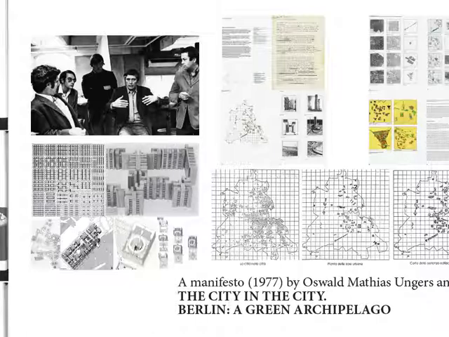But probably the most important thing they were focused on was something that comes through a lot in that period, which is that the city is too big for a single idea. This is a really important thing. If you think about people like Ebenezer Howard or Le Corbusier, they are trying to suggest that the city is a uniform thing, that design can handle it and harness it, and that we can deal with it completely. But instead, what Ungers and Koolhaas will always say is it's too complex to be governed by one